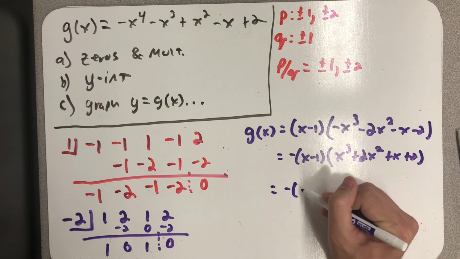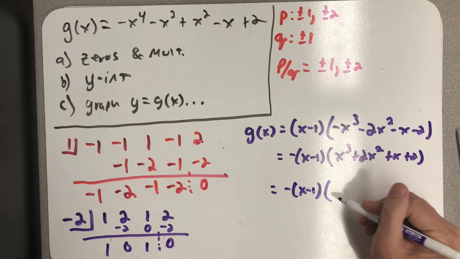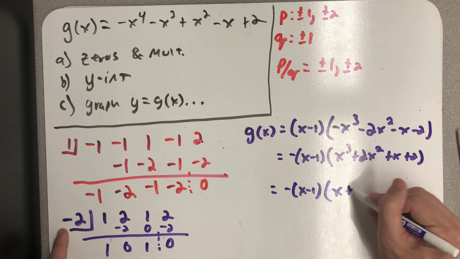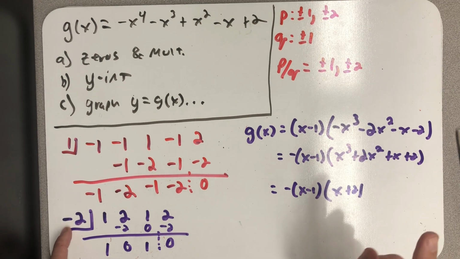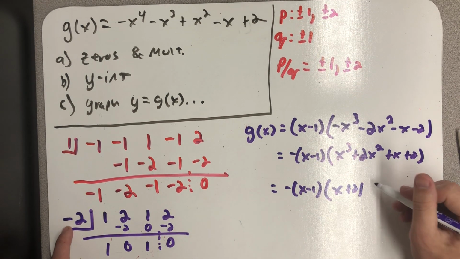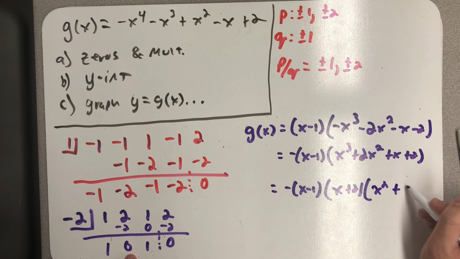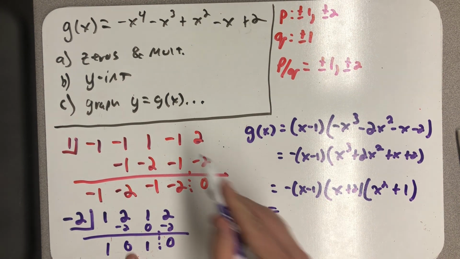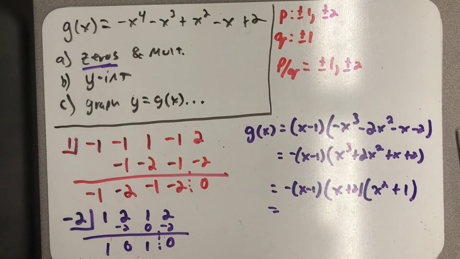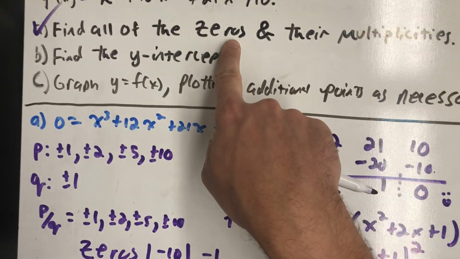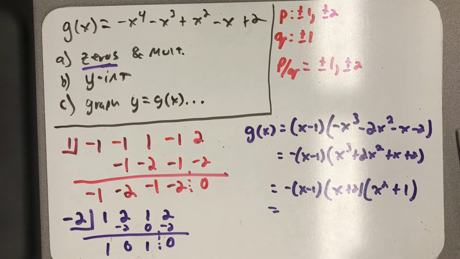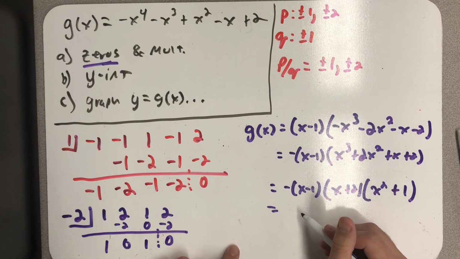All right, well, minus x minus 1 had already been factored out, and now I factored out an x plus 2, because if -2 is a 0, then x plus 2 is a factor. And the quotient left over when I factored out that x plus 2 was x squared plus 0x plus 1. Now, the original instructions that I abbreviated there were to find all of the zeros, not just the x-intercepts. So,